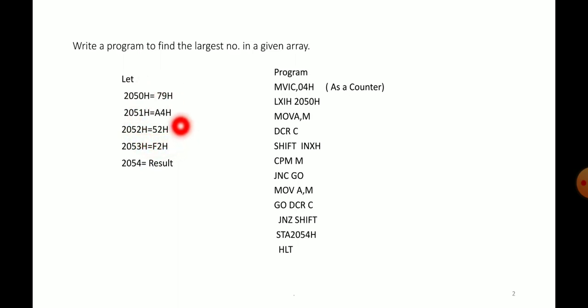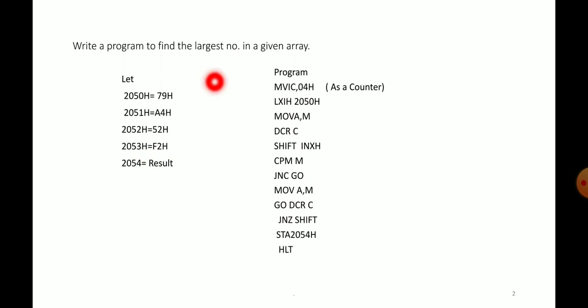If we know the data, we can say F2 is the largest number, but we have no idea about the input. We have to write the program for any data, so that the program gives the correct output.